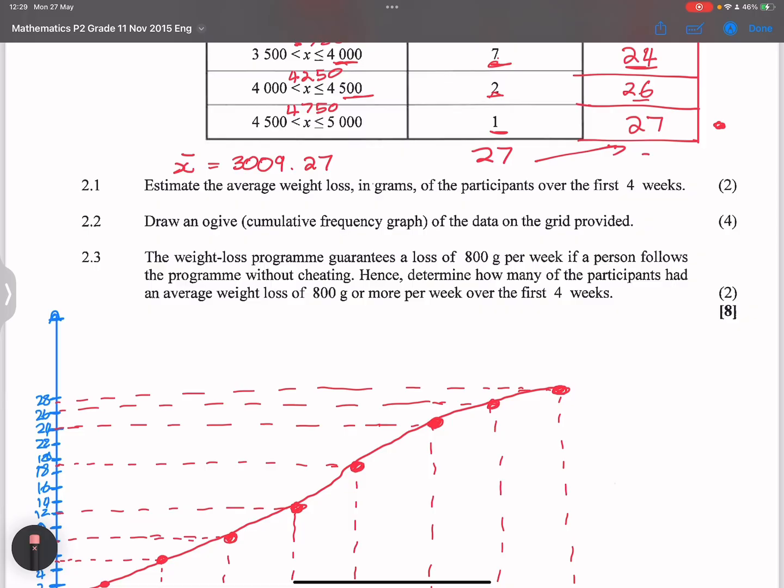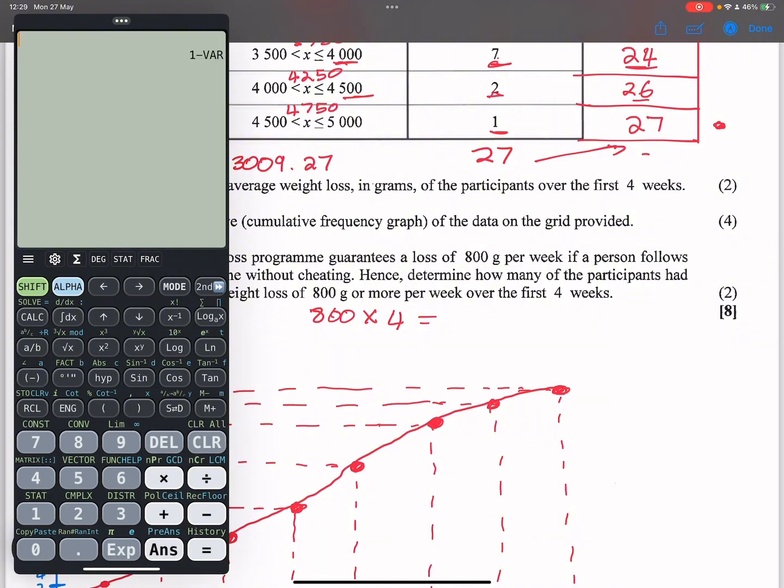Now note, this is 800 grams per week, so over the period of 4 weeks, what would it be? I'm going to take 800 grams multiplied by the 4 weeks. So 800 multiplied by 4 gives me